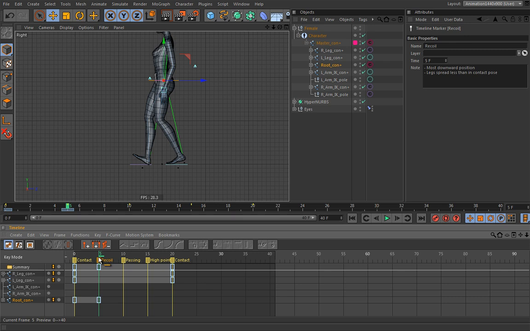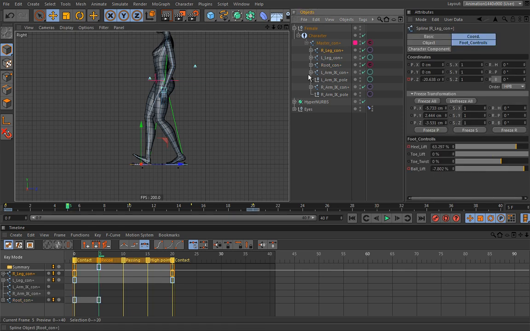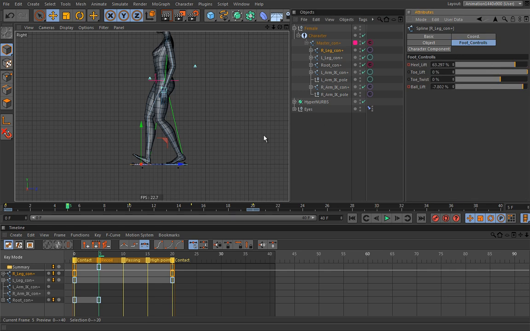Now always use your sense of logic. So this cannot happen. This foot has to be on the ground. So whenever something is obvious, simply do it. So let's find our foot controls and see which one of these guys I have to adjust. So this foot is on the ground, and well, we can use 10 here. So let's keyframe 10 like this, and also at this moment